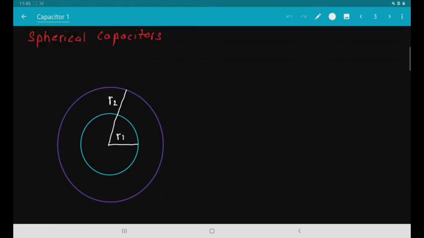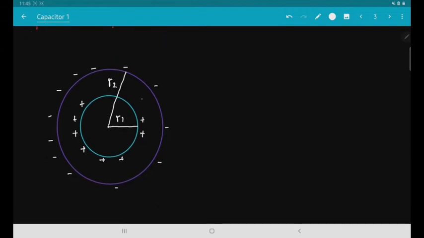Okay, now let us apply the same method for spherical capacitors. Let us say we have two concentric spheres, and here we are not showing the battery, but they are connected to the battery. Let us consider a positive charge on the inner sphere and a negative charge on the outer sphere. We want to find the capacitance of this configuration. So again we will have to consider a point P in between the spheres, and here we are going to use Gauss law to find the electric field at this point.